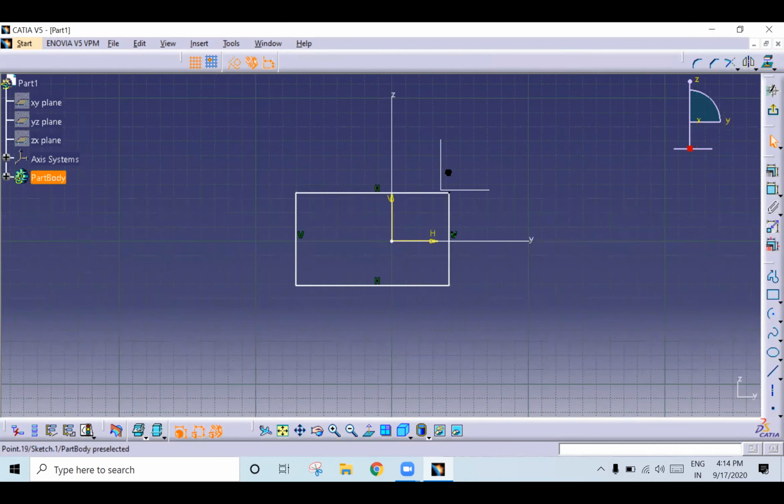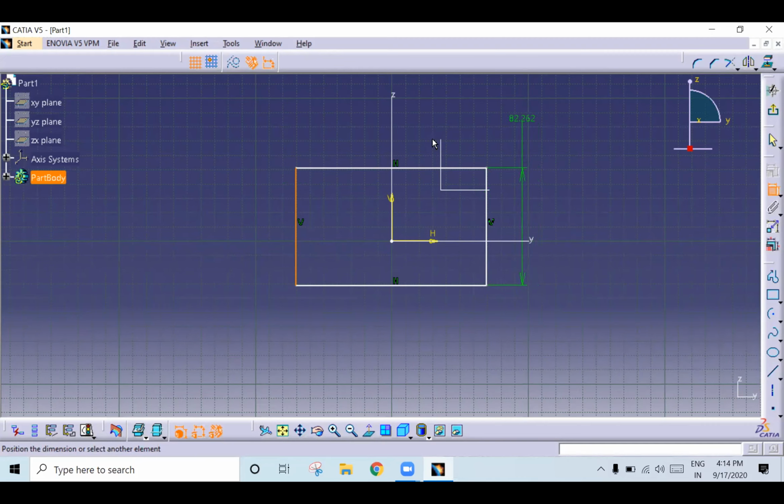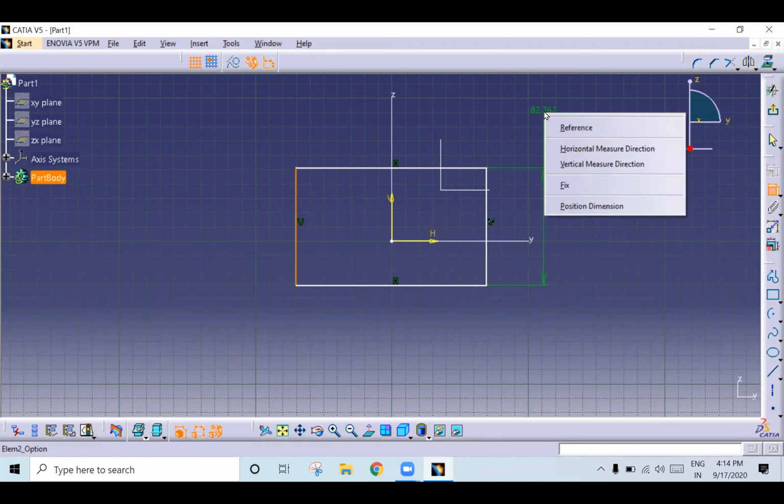If you want to make this vertical line symmetric with respect to the vertical axis, the only thing is you click outside. So select the constraint, select two vertical lines. Once you select them, right click.